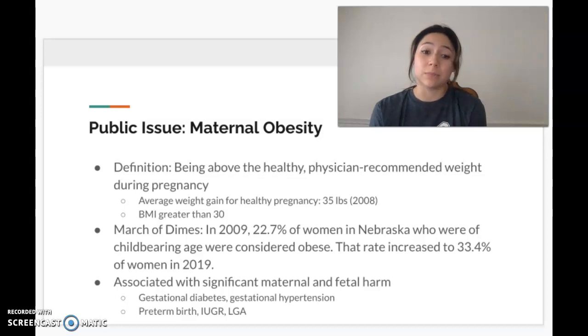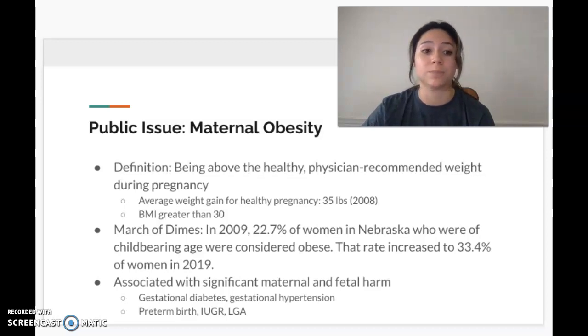According to the March of Dimes, in 2009, 22.7% of women in Nebraska were considered obese at childbearing age, and that rate, along with normal obesity in the United States and Nebraska, has increased in the past decade. Maternal obesity is associated with significant maternal and fetal harm, such as gestational diabetes, hypertension, and then fetal effects such as being born preterm due to those maternal aspects, and being intrauterine growth restricted, or even large for gestational age